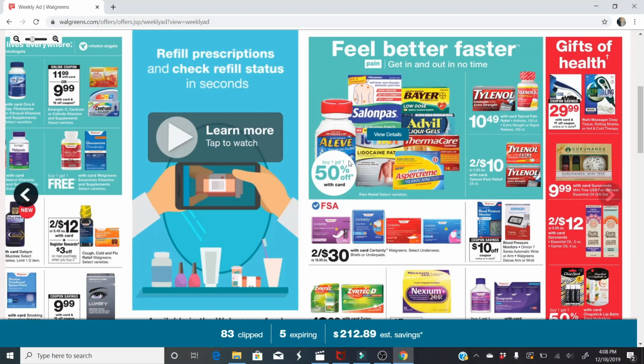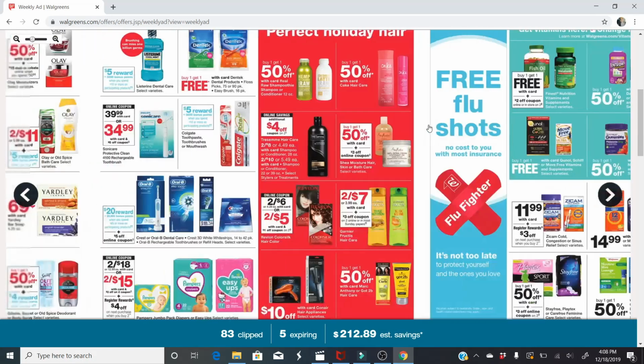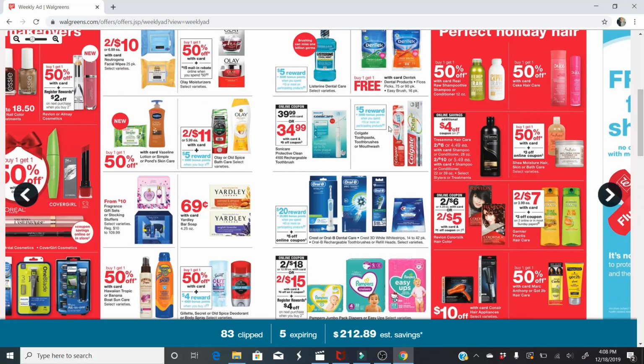So buy one, get one half off. It says feel better faster. So that is it for the ad for next week. Again, not that many deals going on. There are a few. I mean, Olay, this is a pretty good deal if we have a couple of those